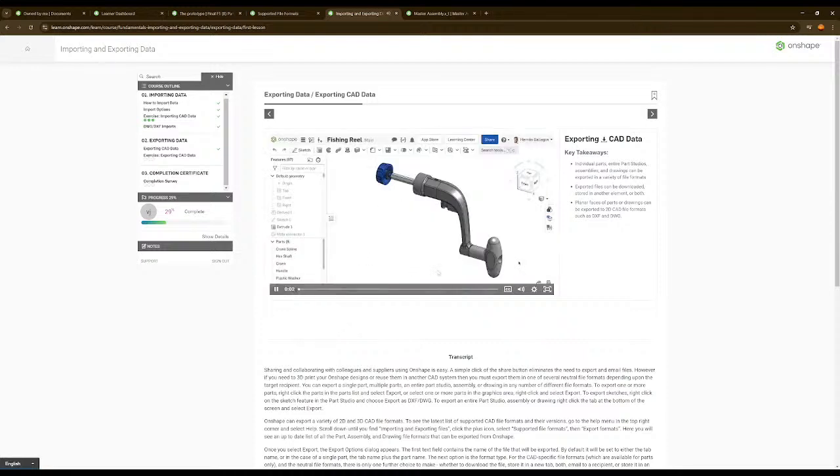Sharing and collaborating with colleagues and suppliers using Onshape is easy. A simple click of the share button eliminates the need to export and email files. However, if you need to 3D print your Onshape designs or reuse them in another CAD system, then you must export them in one of several neutral file formats depending upon the target recipient. You can export a single part, multiple parts,